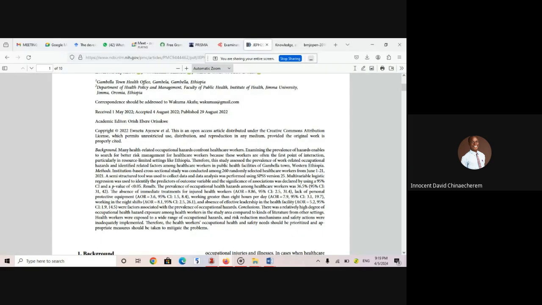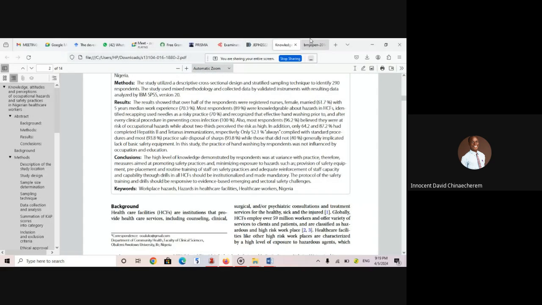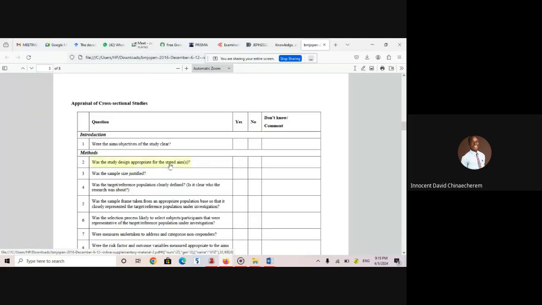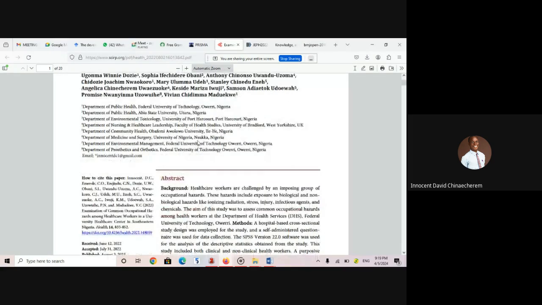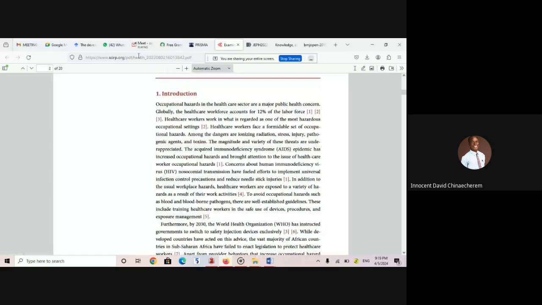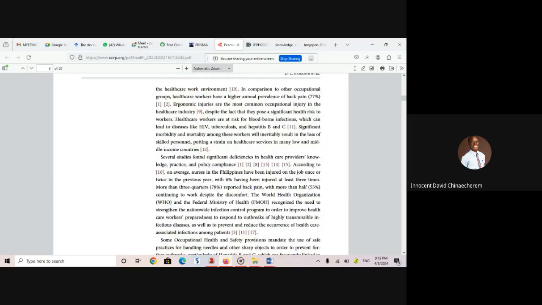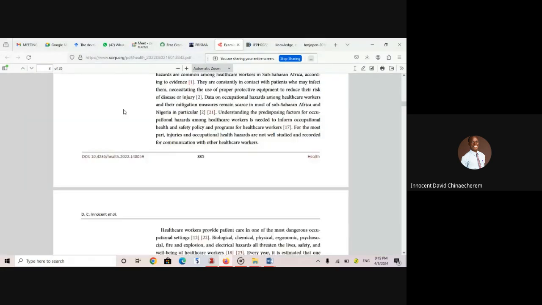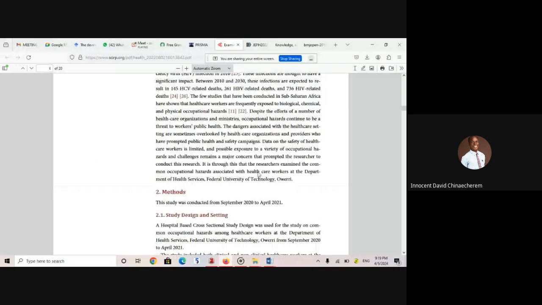I raise all this. Now, I come to the first domain, aims. Were the aims and objectives of this study clear? Now I open this paper and go through it. Already, it's expected that your judgment for your quality assessment should come from the full text. So I read from the full text of my paper, and here I clearly made it clear